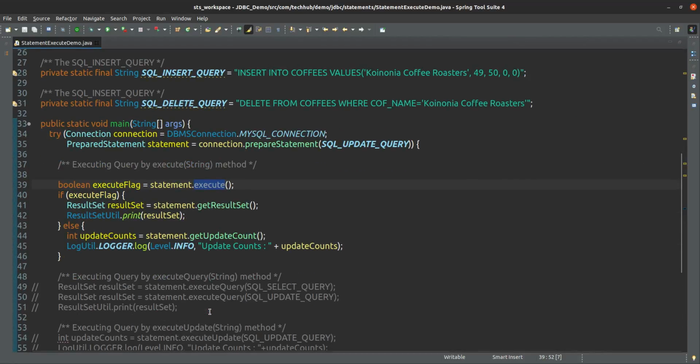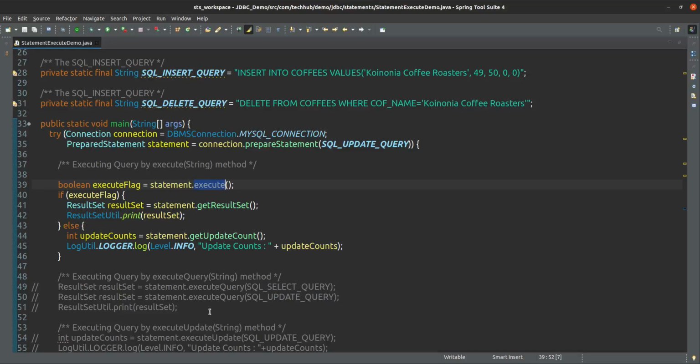The execute method can execute any type of statement, whether that statement is an insert statement, or a select statement, or an updatable type. Updatable means it can be insert, delete or update.